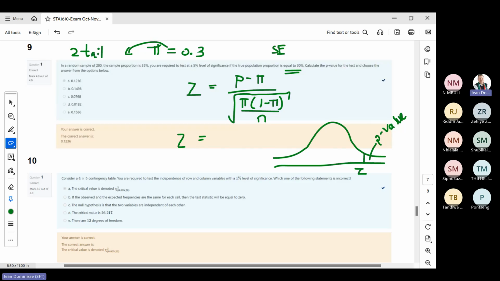So whatever p-value you get here, remember two tail, so for the negative, it's also there. Whatever your value is, you need to multiply it by 2. So what I got when I worked it out previously,